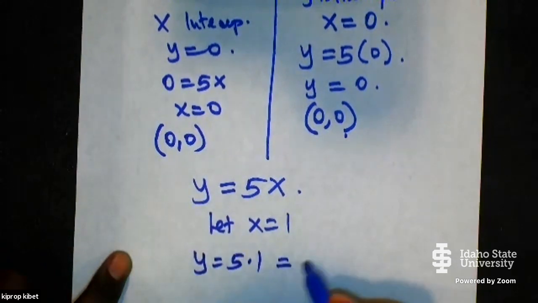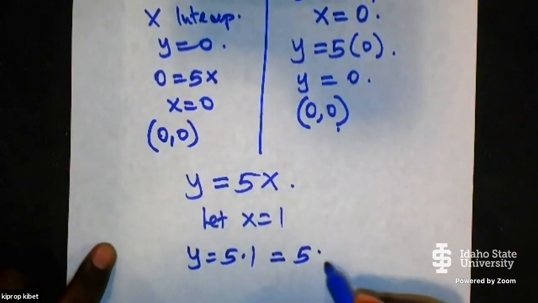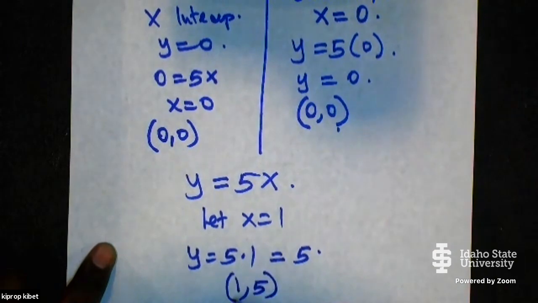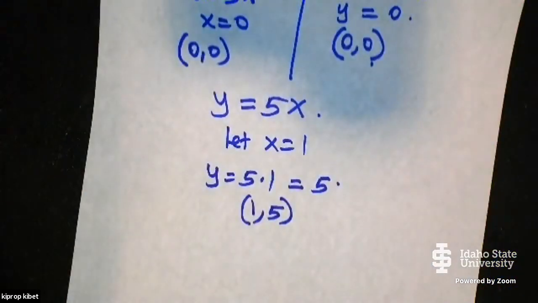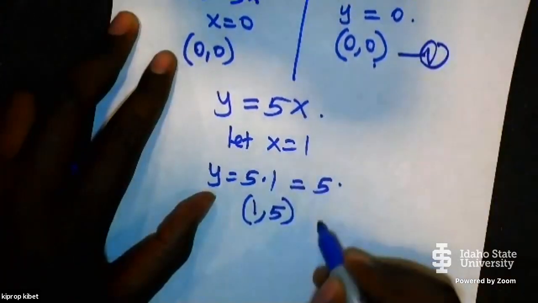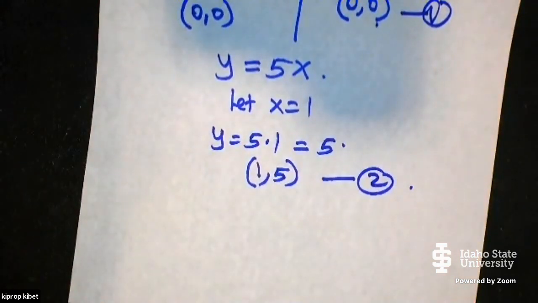Times 1, which is equals to 5. So our point would be what? 1 and then what? Then 5. So this one is the first point, this one is the second point, then the third one